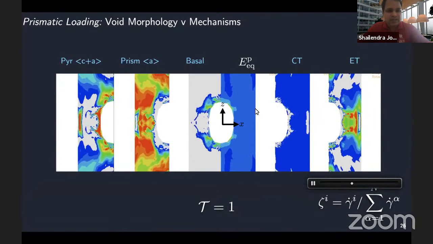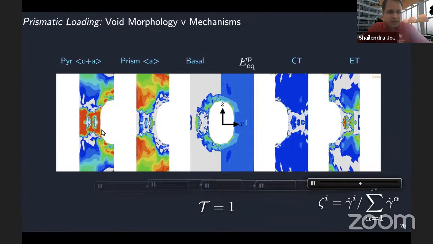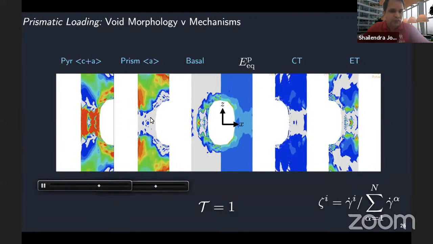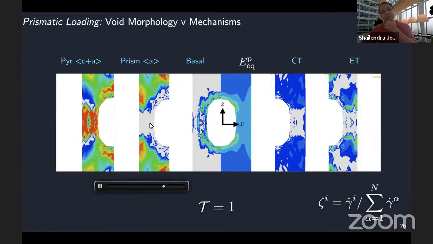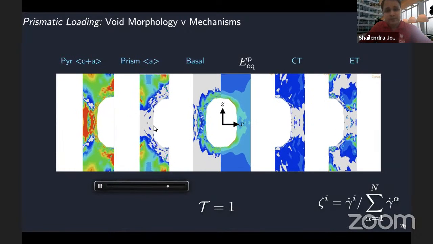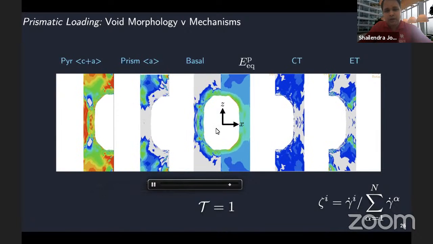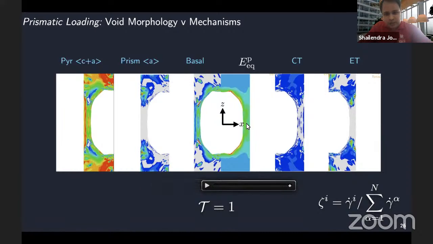Okay, and you can see that regions that are undergoing heavy extension twinning around the void are initially deprived of other mechanisms like prismatic axis and prismatic slip and so on. But what you also notice as the void starts to grow, and this is how the void will coalesce with its neighbors, is that one of the ligaments in the x direction, for example, is much thinner than the ligament in the z direction. So even the coalescence is anisotropic.